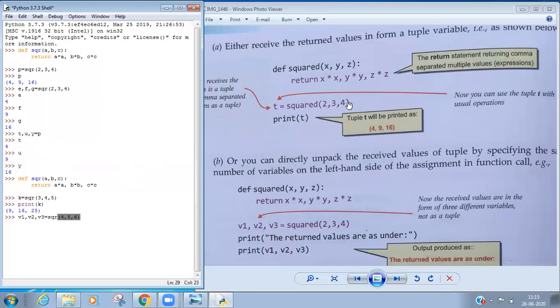Now I have changed some values. So the first value that will be returned, 4 into 4, will be stored into v1. The second value that will return, 5 into 5, that is 25, will be stored into v2. And the third value, 6 into 6, that is 36, will be returned and stored into v3.